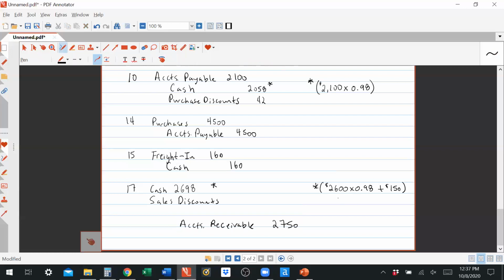What discount did they receive? They owed us $2,600 and they only have to pay us 98% of $2,600 for those items. We're not talking about the shipping. 2,600 times 0.02, the discount is $52. And then the 2,698